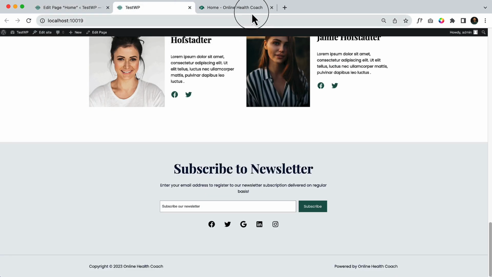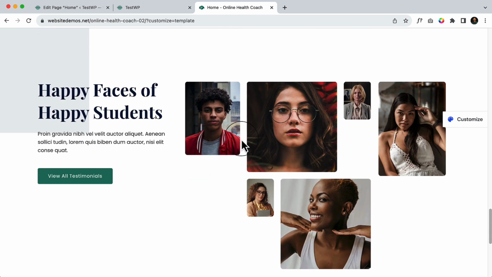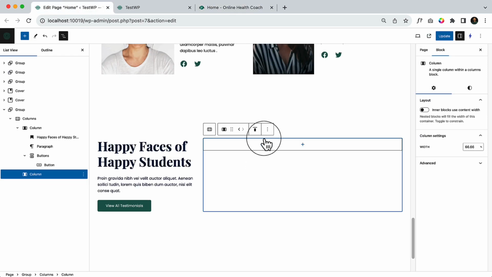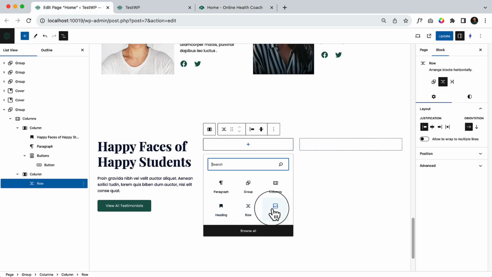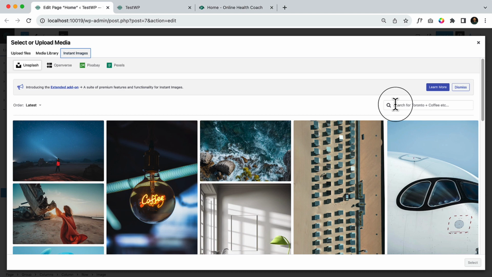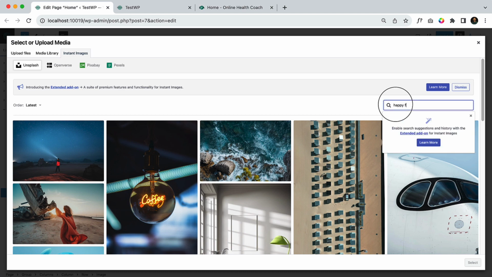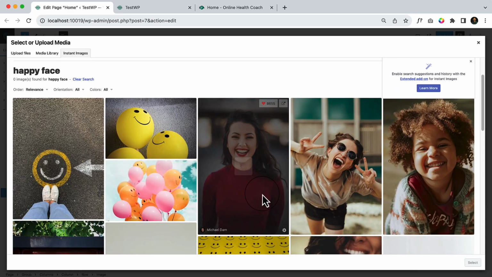And here I'd like to take one row. This here is one row and here is another row. So inside this column, let's take a row, add image. So you can add random image now. Let's add some random image. So happy face. Let's select this one